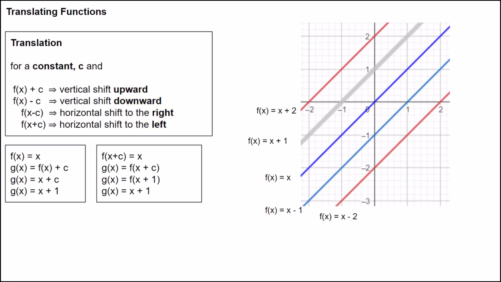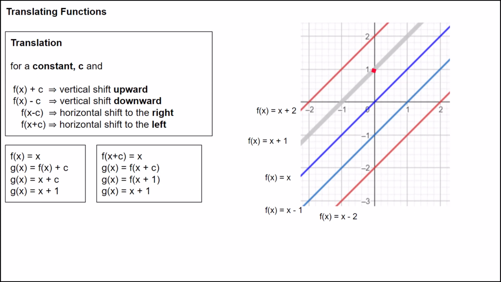When we wish to translate a function or a graph up, we take the function and add to that function some constant. So the function we started out with is f of x is equal to x. If we want to translate that 1 unit upward, we could write f of x is equal to x plus 1. And if we do that, you can see that for any point on x plus 1, it's just shifted up by 1 unit. For example, on the graph y is equal to x, when x is equal to 0, so is y. But on x plus 1, when x is equal to 0, y is equal to positive 1,